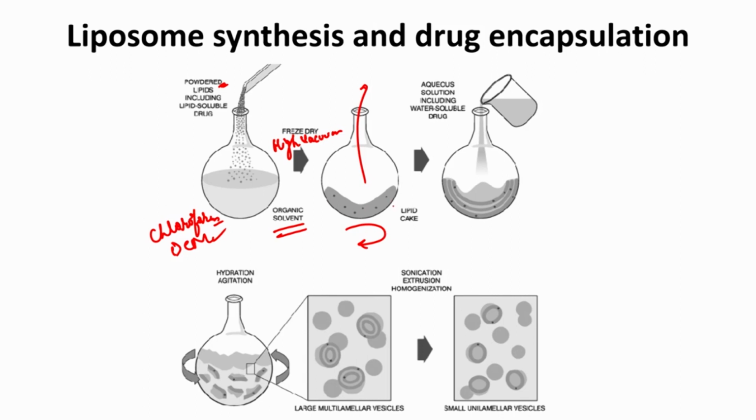If you have any hydrophobic drug, you may want to add it into this organic solvent. So, your hydrophobic drug is entrapped within these lipid layers. All of the lipid, which is not going to evaporate, will just form a film on the base of the round bottom flask. Once this is done, you can come in with your aqueous solvent. If you want to encapsulate any hydrophilic drug, you can put the hydrophilic drug into this aqueous solvent,